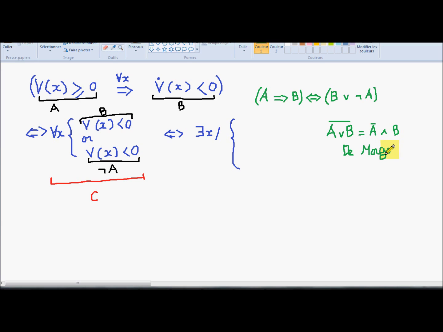So I will use it now. The contrary of this is